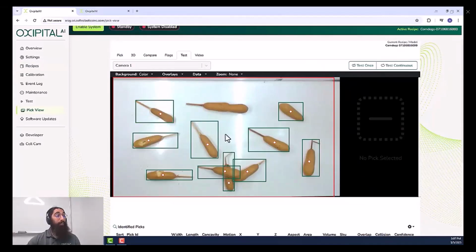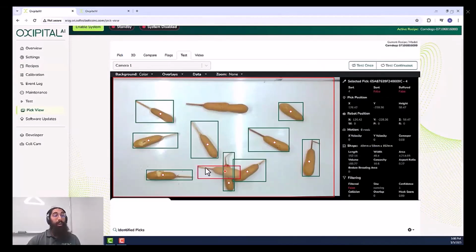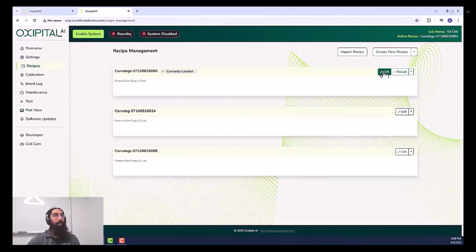The easiest one to identify for me is this tall corn dog. He's laying on top of two other products, and what that'll likely mean is that they're baked together or the two products would be underbaked. So if you go and click on a product, you're able to see just general dimensional information, and for this one I'm specifically looking at height. These products should be laying down on the belt, so with this one having a height of around 60 millimeters, and the neighboring products being around 20s to 30s, I'm just going to put a filter in, let's say around 40 millimeters. So going back to the recipe management and then edit,